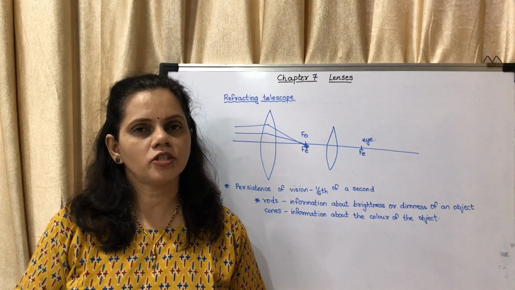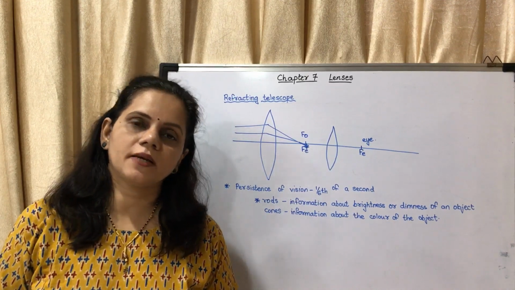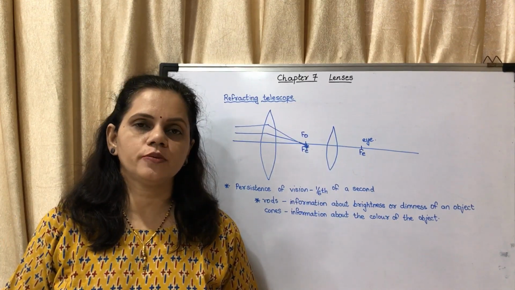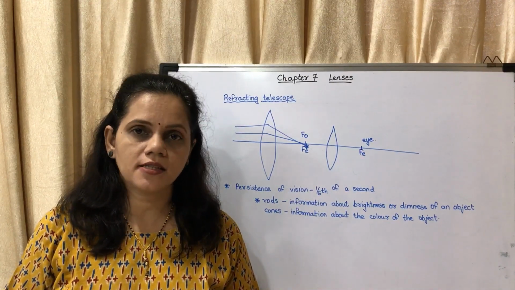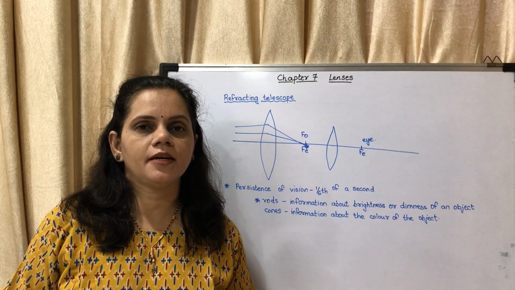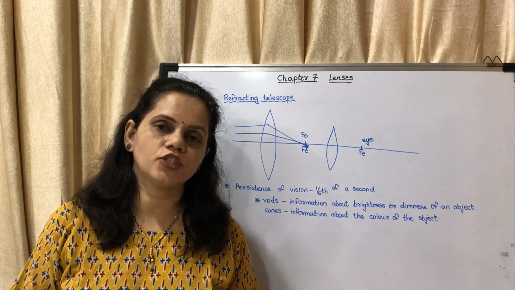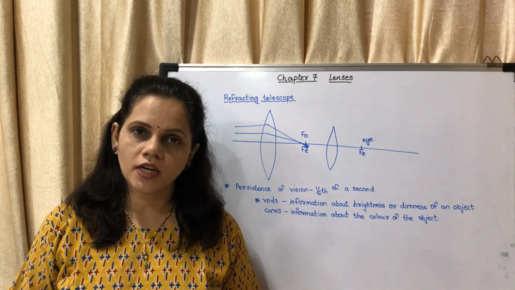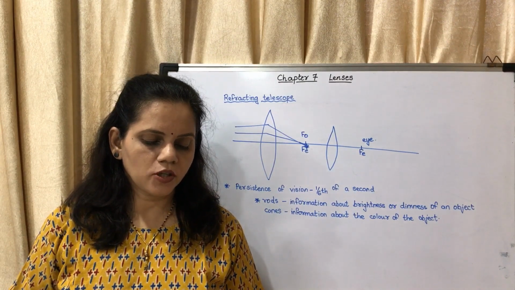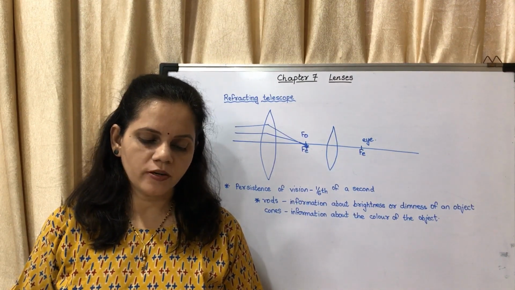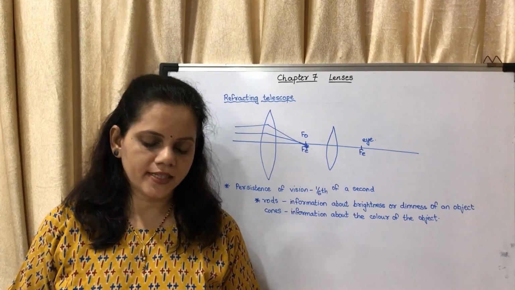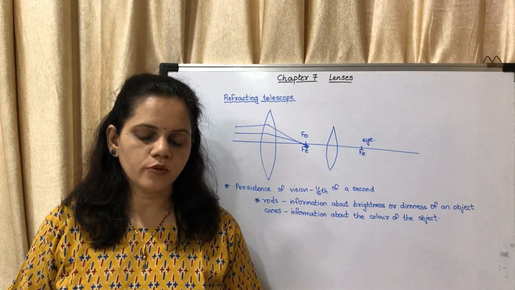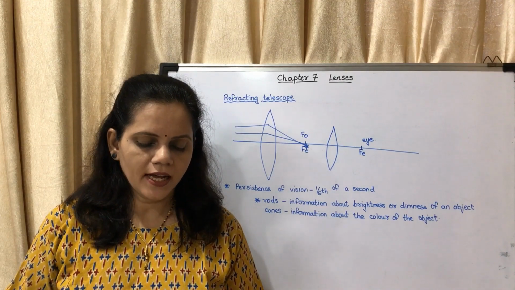Now the next is about telescopes. There are two types of telescopes, refracting telescopes and reflecting telescopes. This you had studied in your 9th standard. Do you remember you had studied about Newtonian and Cassegrain telescopes in the last chapter? So here there are two types of telescopes, refracting telescope and reflecting telescope. The refracting telescope makes use of lenses, and the reflecting telescope uses mirrors and also lenses.